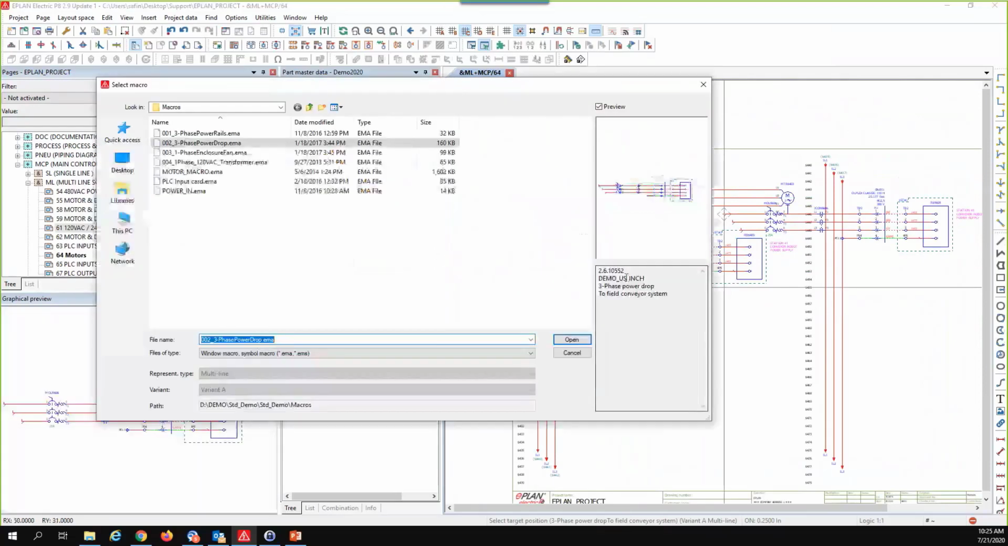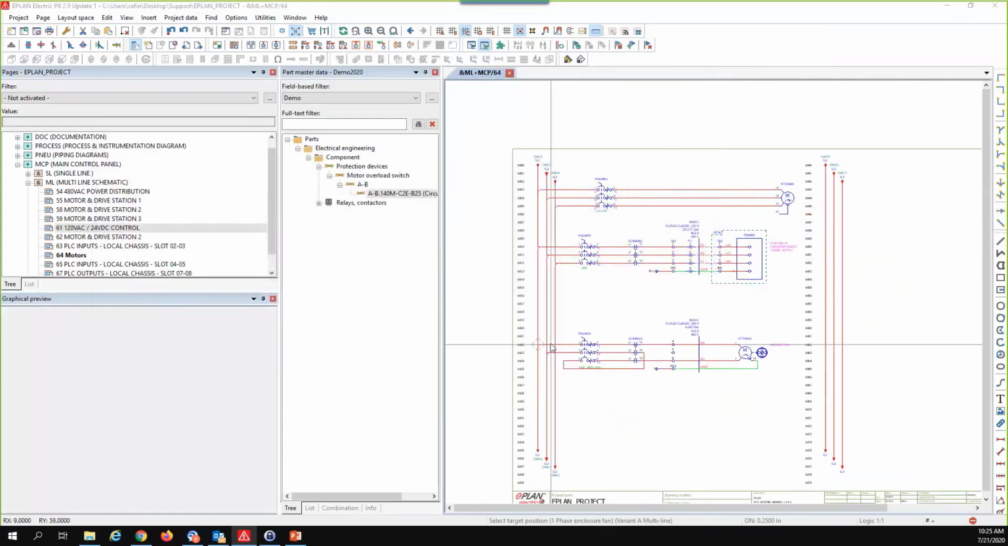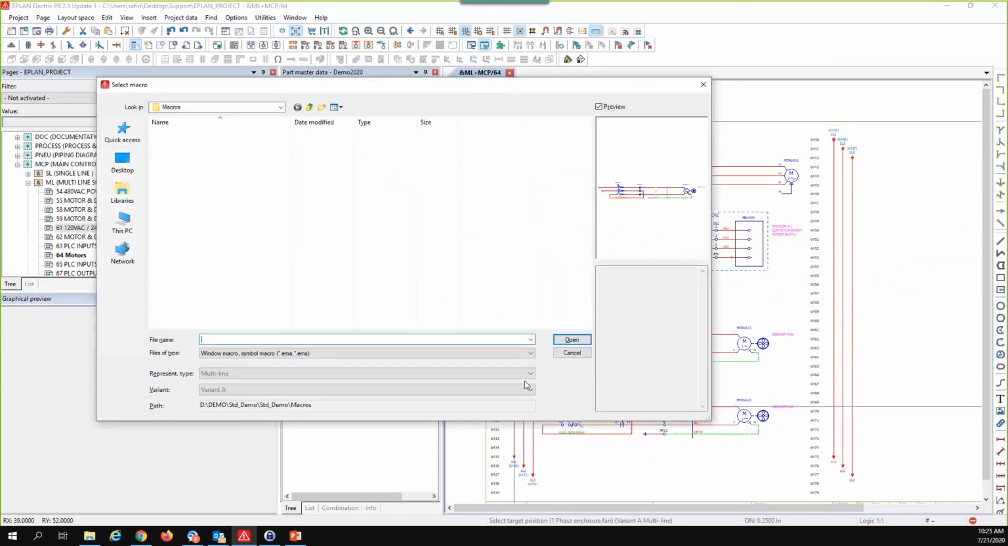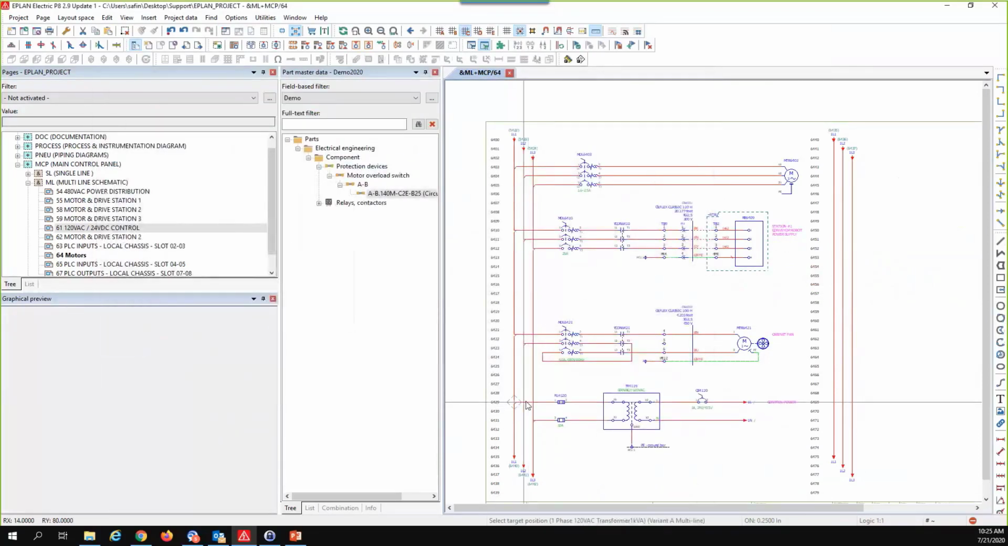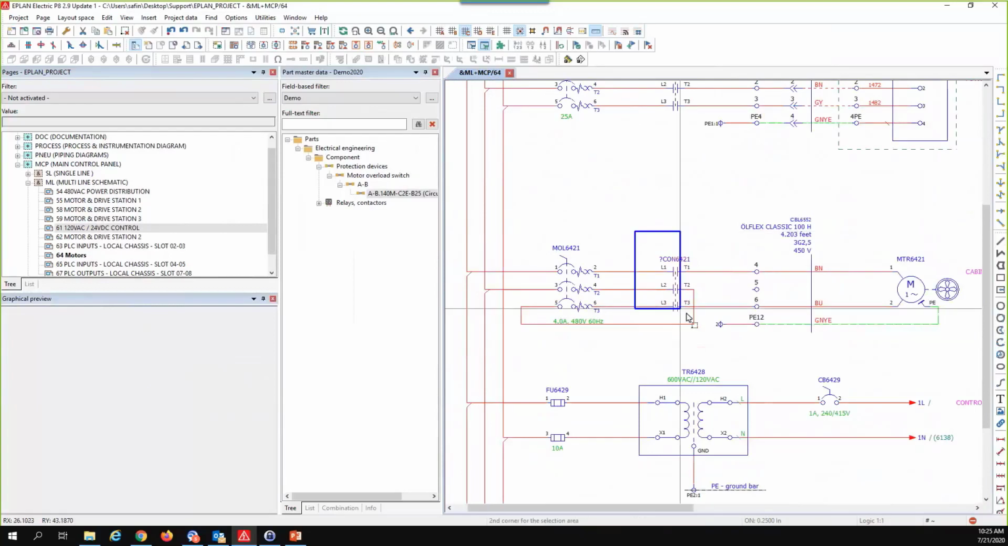I can go back and put a motor with a fan, just like so, and the devices are numbered automatically. And I'm going to put a transformer right below it. You can see all these devices get numbered automatically except for these